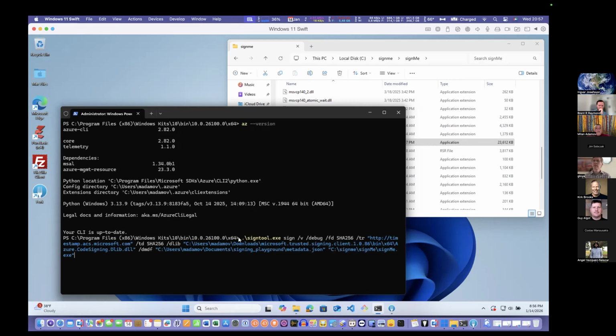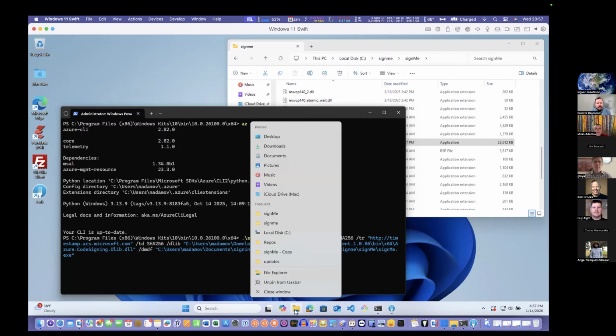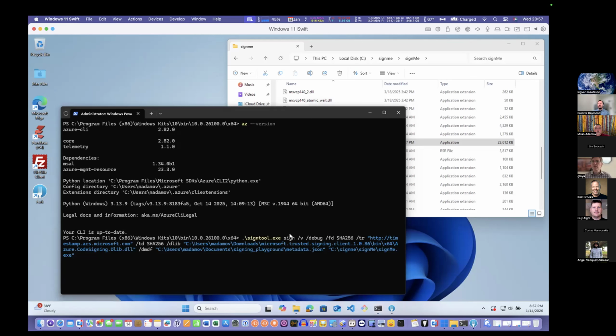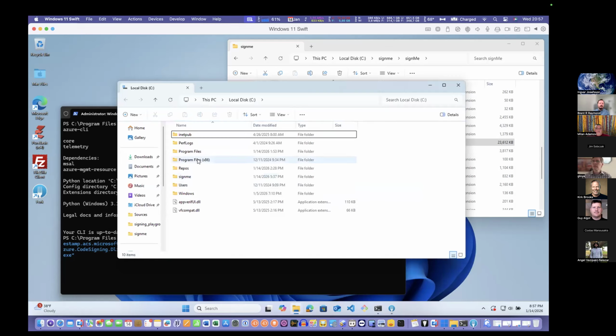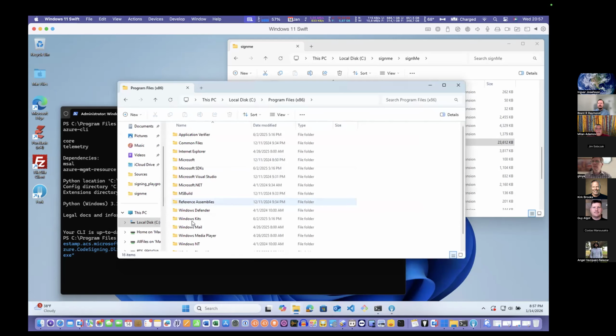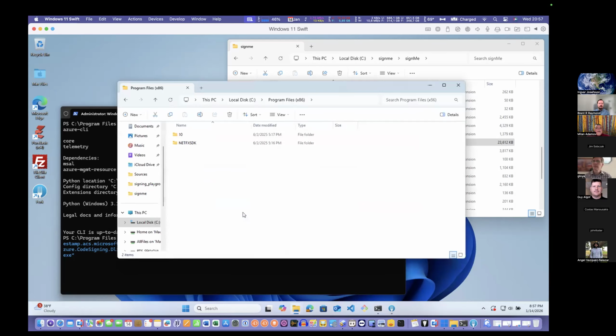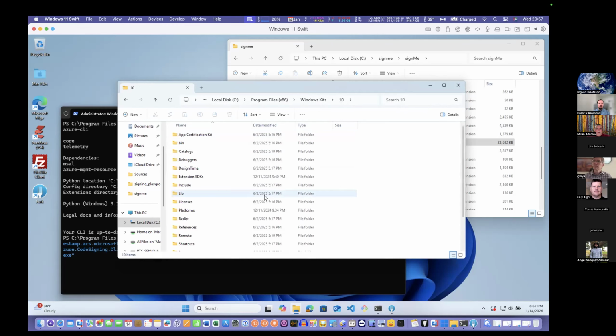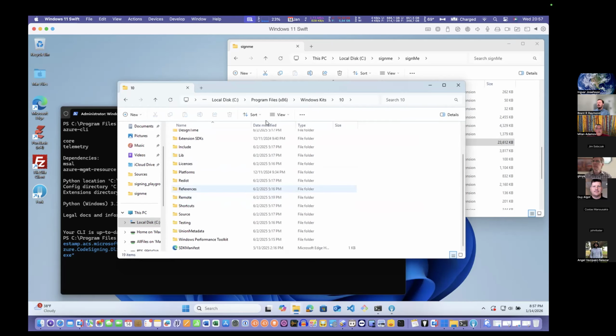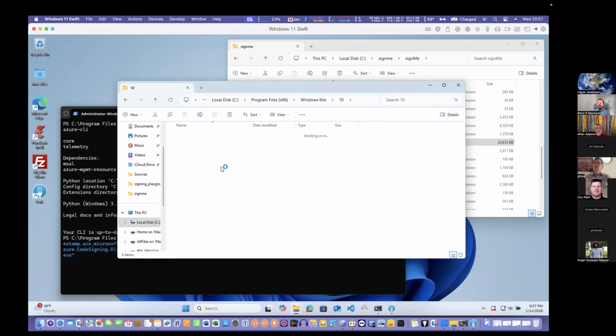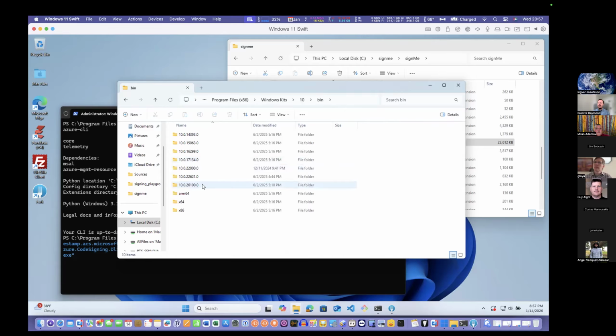So you see the path where I am. This is the location of SignTool on Windows. I can show you now where, when you install it, it goes under Program Files x86, then you have Windows Kits, because basically it installed the Windows SDK part of Windows. It's Windows 10, and then you have here bin. Should be in bin. And you see a lot of versions. Usually you take the latest one, the newest one.